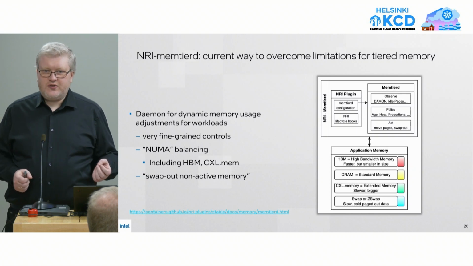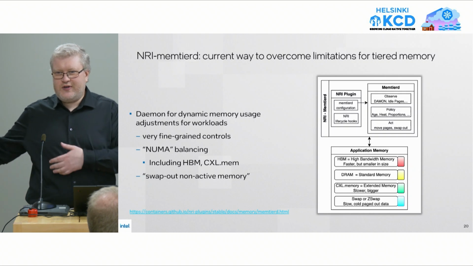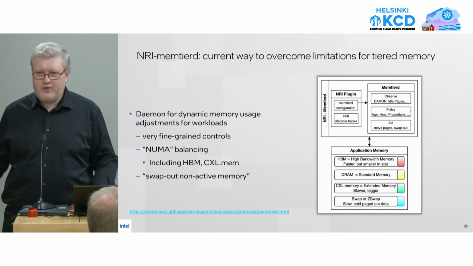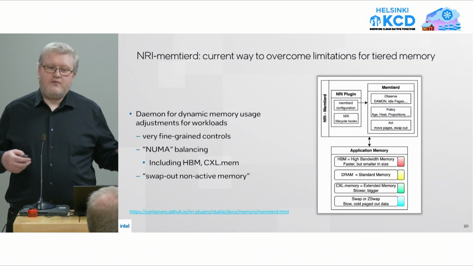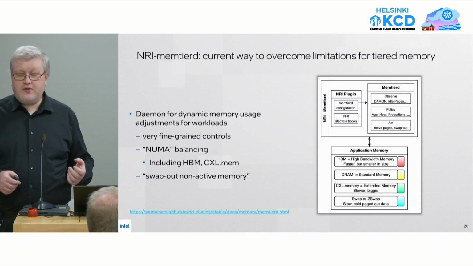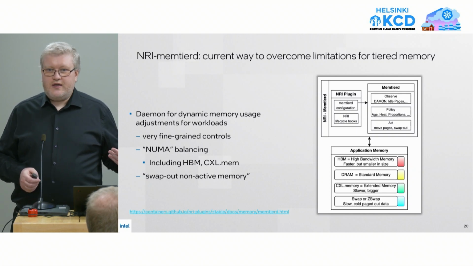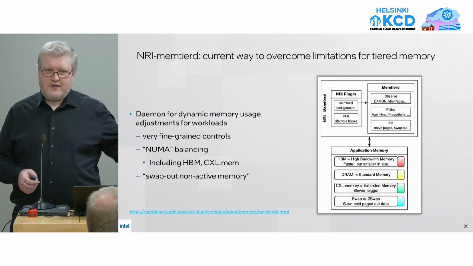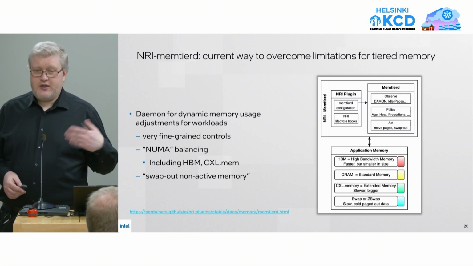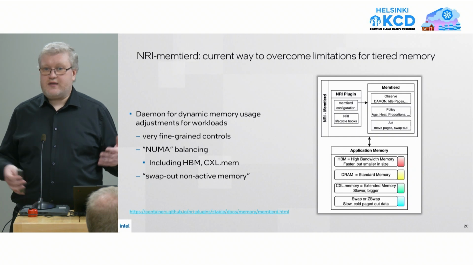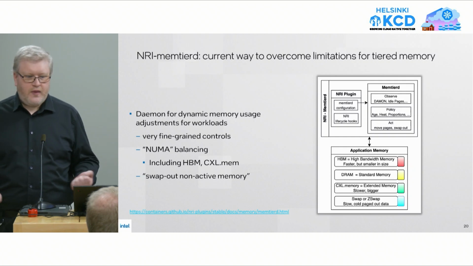Currently in Kubernetes, it's almost non-configurable. You either have swap completely off, or you have swap on and it's applied for the whole node, which is not good. One of the projects our team maintains is called memtrd, for different types of memory. It started with specific hardware, like high bandwidth memory or CXL attached memory, but it can also work for normal memory,